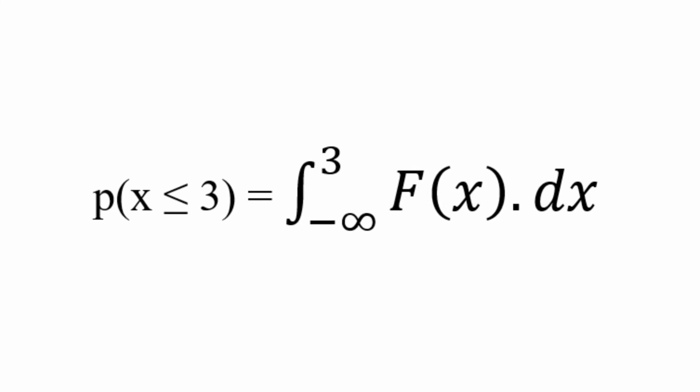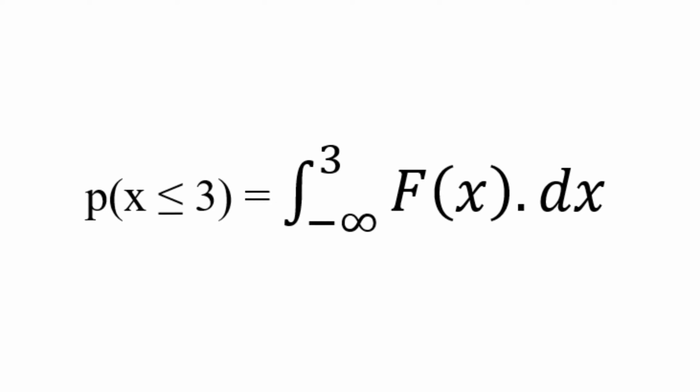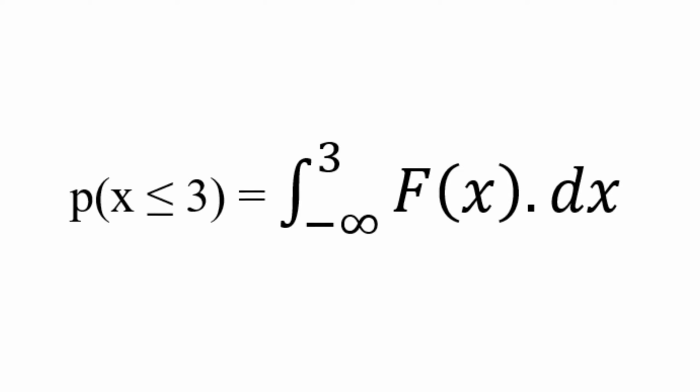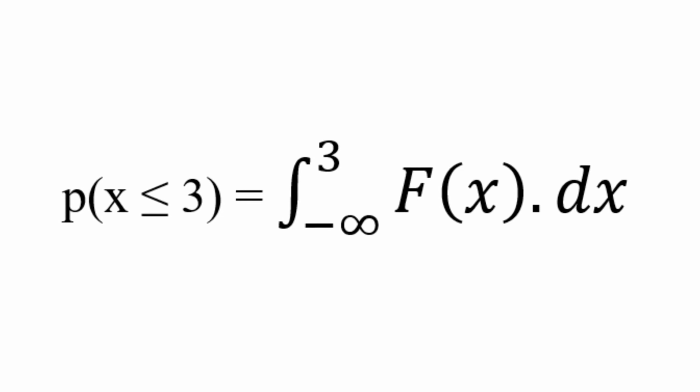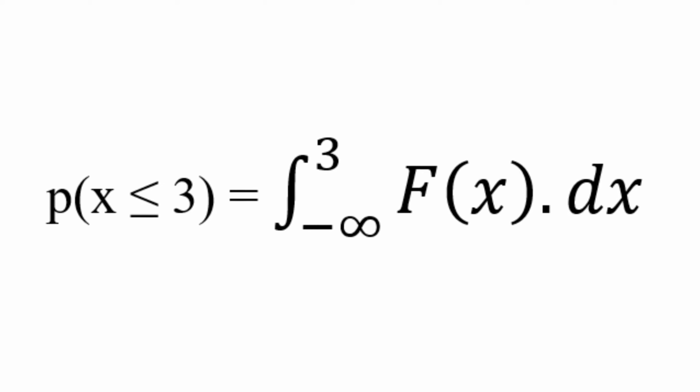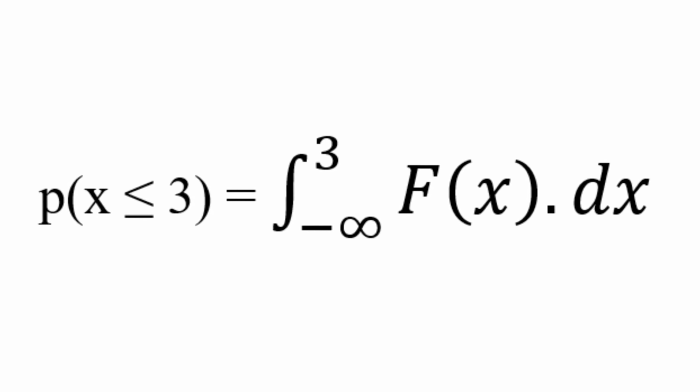So that means probability that x is lesser than or equals to 3 is equals to the integral. So we start from the upper limit, which is equals to 3, and we have the lower limit, and then in this case we won't be using f of x, which represents the probability density function. We are going to be using uppercase F of x, which represents the cumulative density function, and this way we are going to be able to get